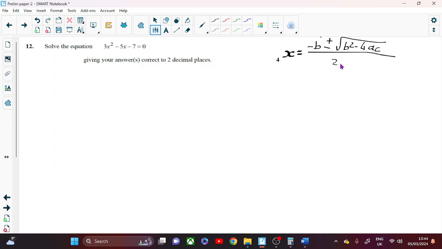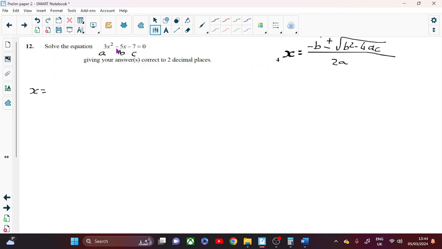all over 2a. I've noticed a few of you have got a bad habit of putting only the back part over 2a. Even the front part is over the 2a. Don't forget that. Right, so we have got our a value, our b value and our c value. We need to input them and watch out for the minus signs. So x equals